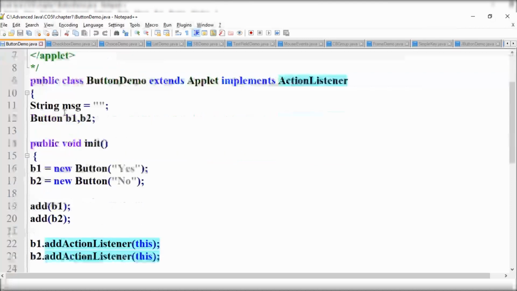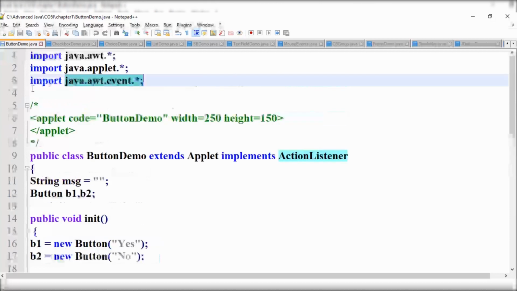Next, for a button. For event handling, we require some extra things in the program. The first is the event handling package. The second is event listeners, the event listener interfaces. There are different event listener interfaces: action listener, item listener, adjustment listener.